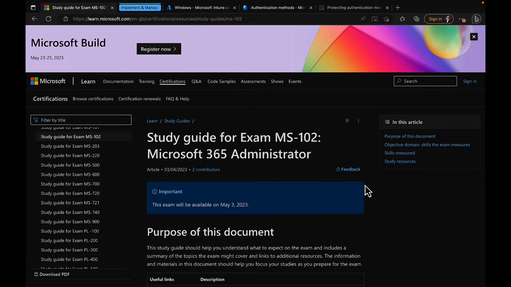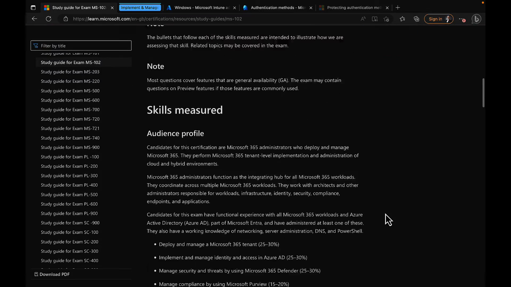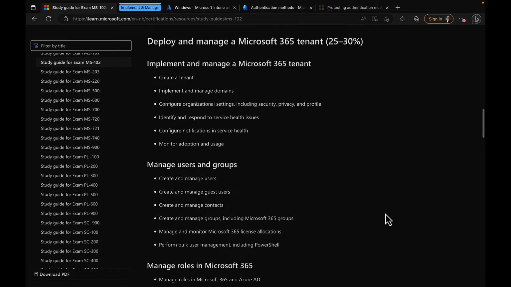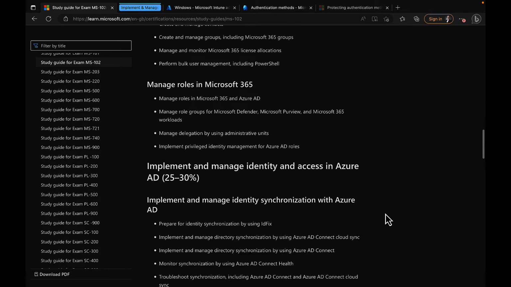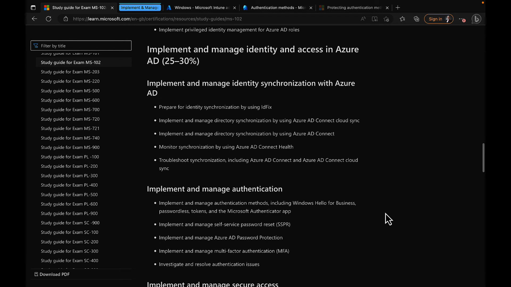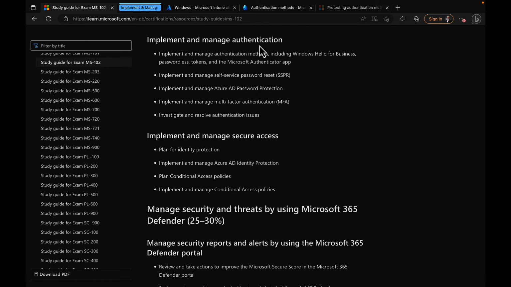We are making great progress on this exam guide. If we scroll down, we can see how far we've come. So we've done all of the deploy and manage a Microsoft 365 tenant section. We are well into implementing and managing identity and access. We've done this first section with Azure AD synchronization, and we are now looking at this third section here, which is implementing and managing